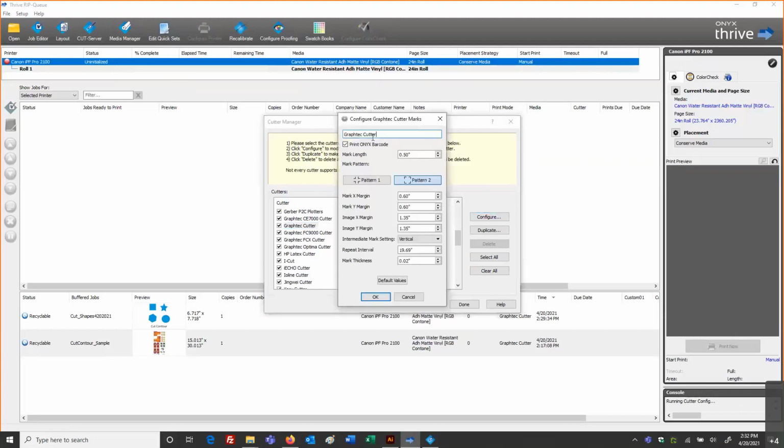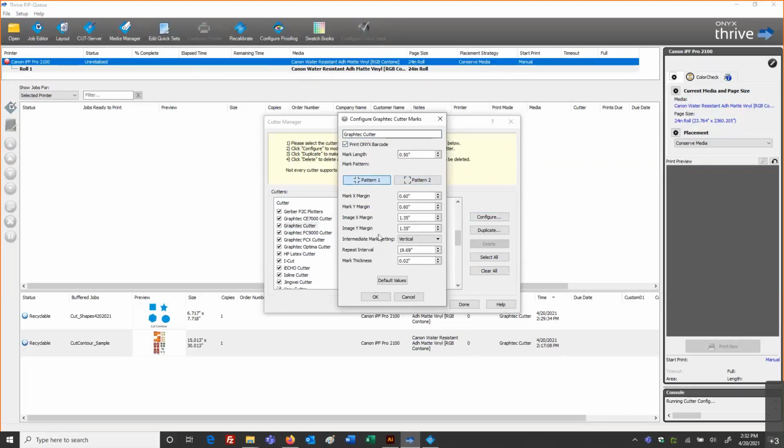Now, this is going to be specific to the cutter model. So we can see here, print the barcode, here's our size, which pattern type we want to work with. The mark X and Y margin will represent the edge of the sheet to where the mark prints. And the image X and Y margin is the edge of the sheet to where the image starts. And again, we can control interval amounts and mark thickness.